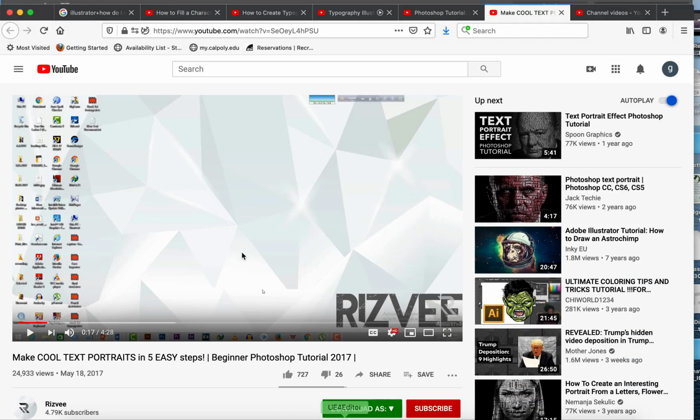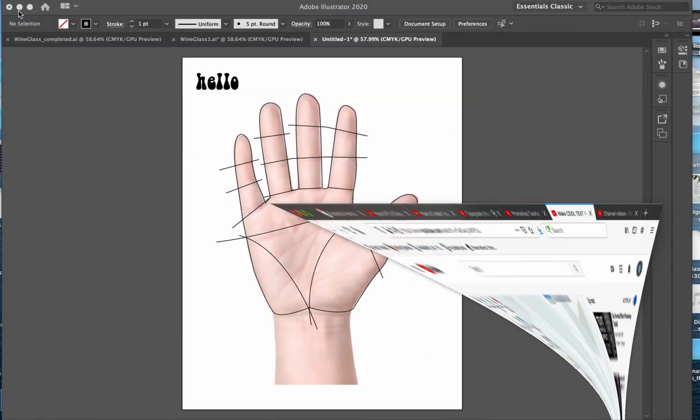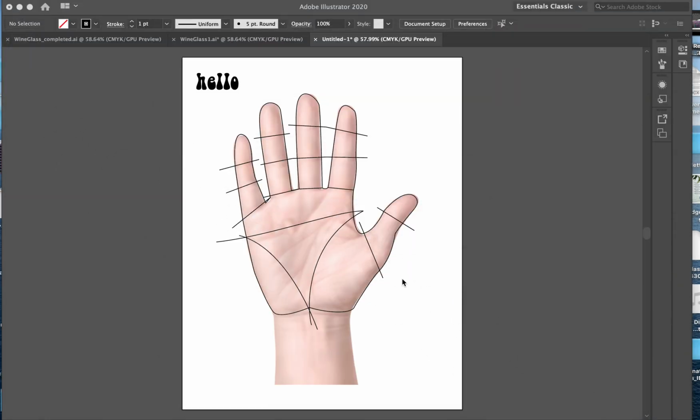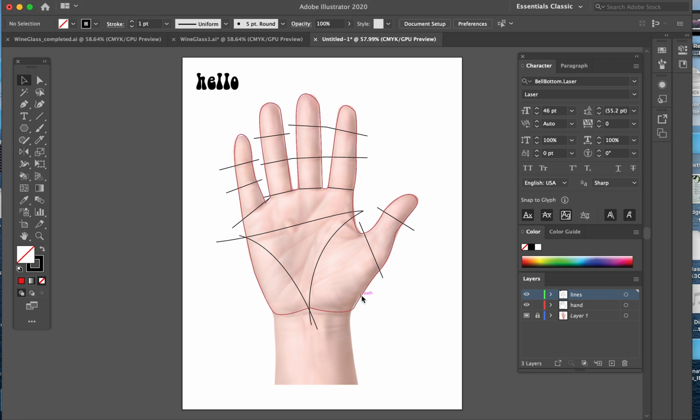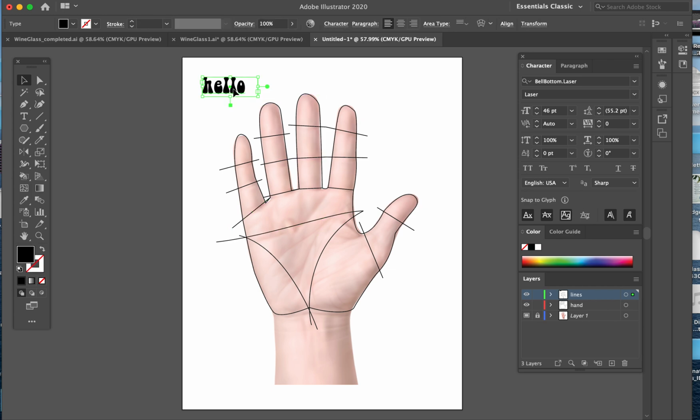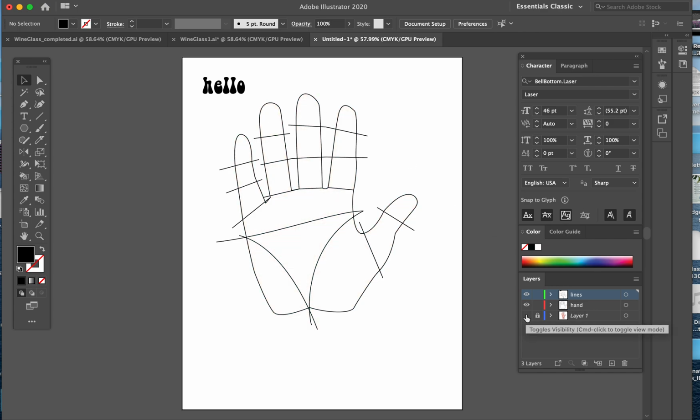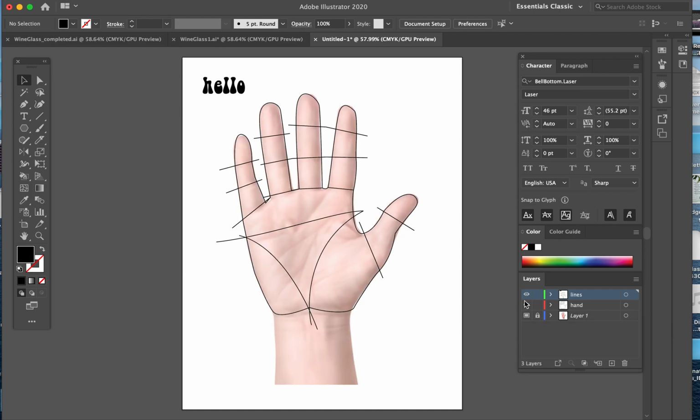What I did in Illustrator, this is actually another technique that I was looking at, but what I'm teaching you today is how to take this hand that I traced in Illustrator, divide it into a bunch of pieces, and these are simple lines that I drew on top of the hand, and then in each of these pieces you put text. I'm going to give just one example with the word hello that is sitting right here. So what do I have here? I have an image I grabbed from the internet that I traced, the hand, right here, and these lines